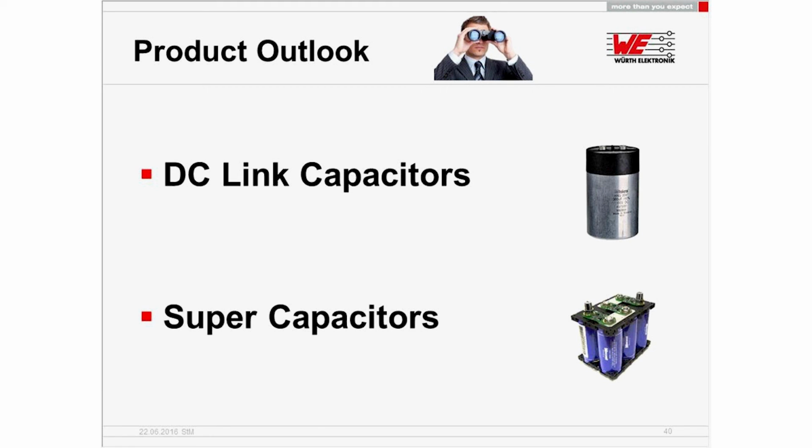Just a small outlook for the product range where we will go in the future. So what are topics that we are looking forward to? One is the DC link capacitors, where we are pushing for new products, and also super capacitors is one important product range which we are currently preparing. So this is an outlook where we will go in future, and where we also will go further with Conrad